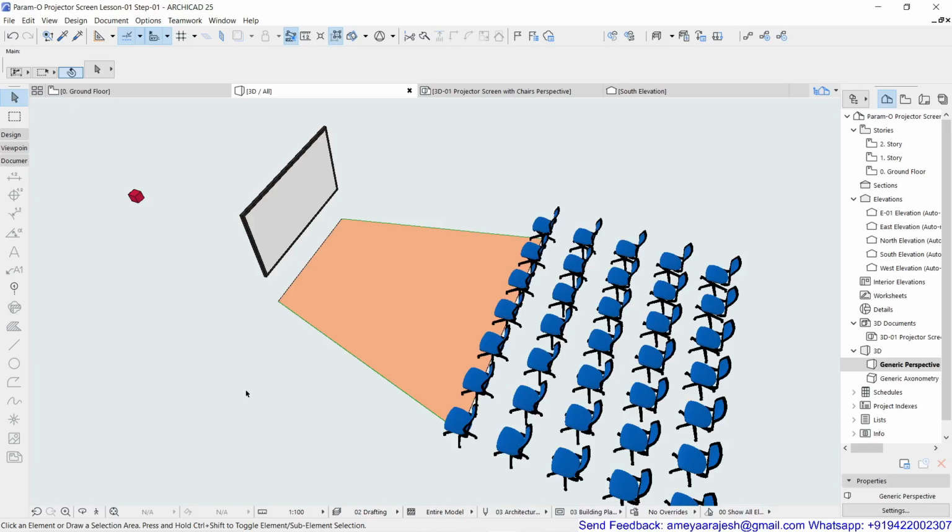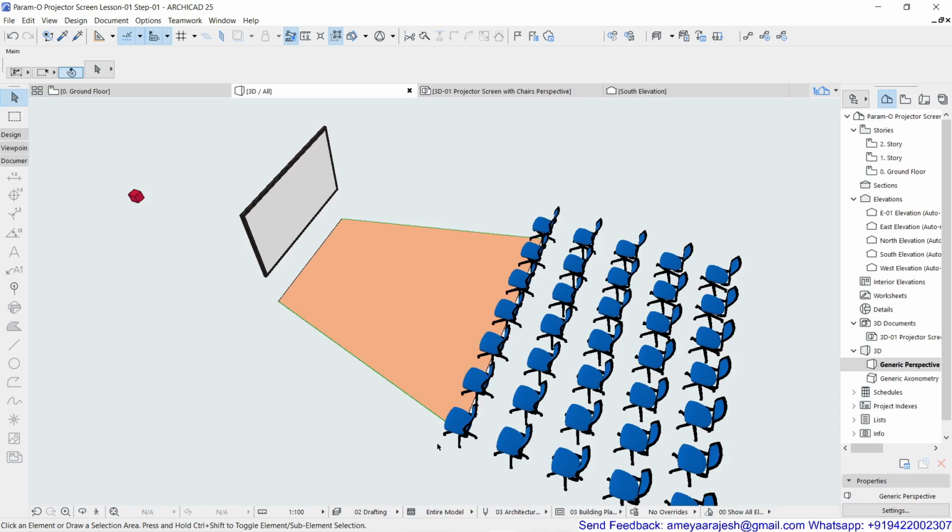In this last step, our target is to arrange the chairs in front of the screen, but in such a manner that the needful distance is maintained between the screen and the first row. That is the first important point to note. And the other thing is the width-wise, how wide this row should be.